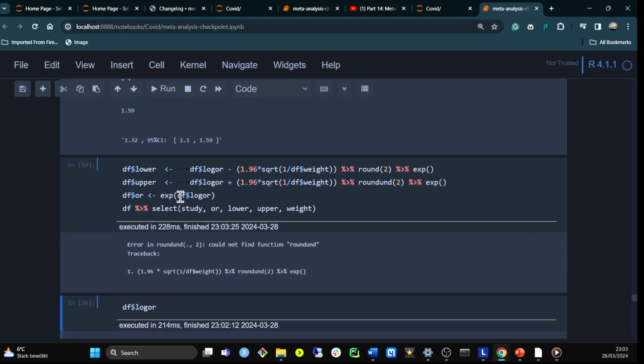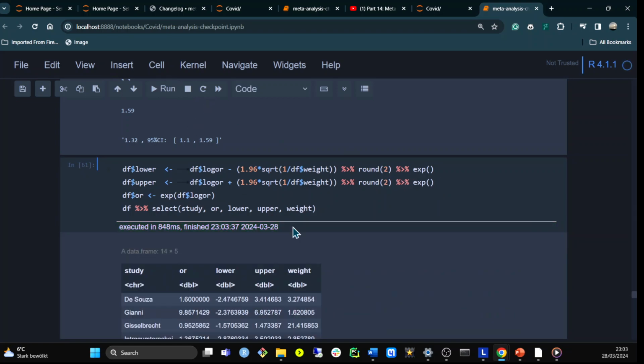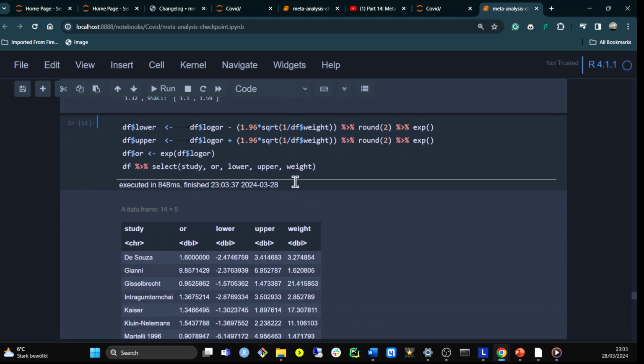So now we should have everything, but not yet. Okay, 1.96 for round, that's not correct here. Now if I run that, I should get everything here. Maybe it's also a good idea to approximately get the weight, and I can get the lower and the upper confidence interval. df log OR plus. Okay, I made some error here. Okay, log odds ratio, round 2, and then